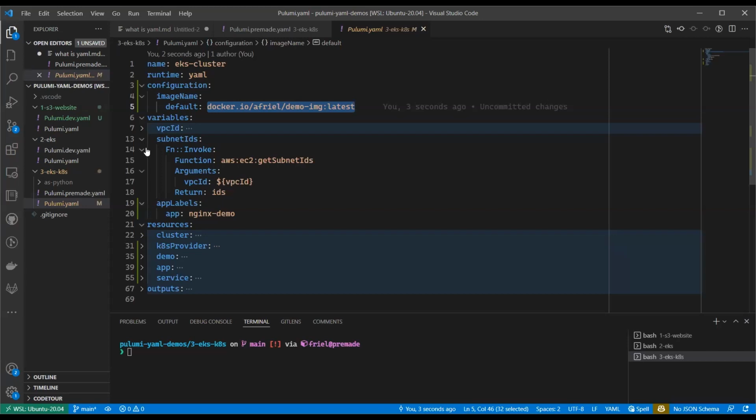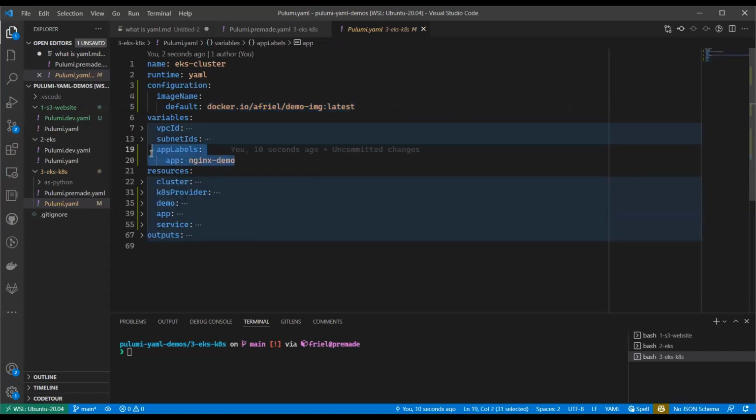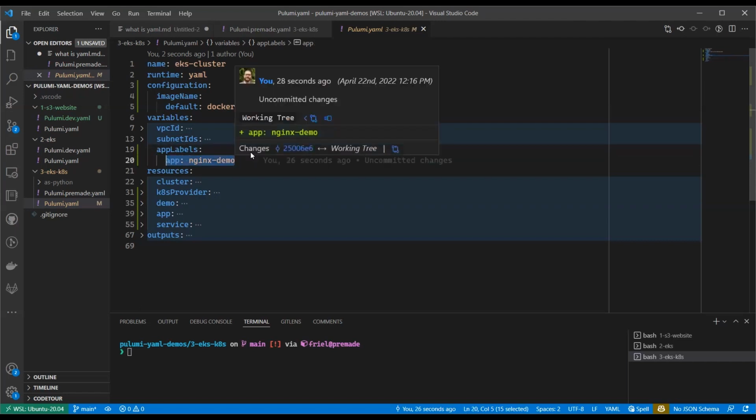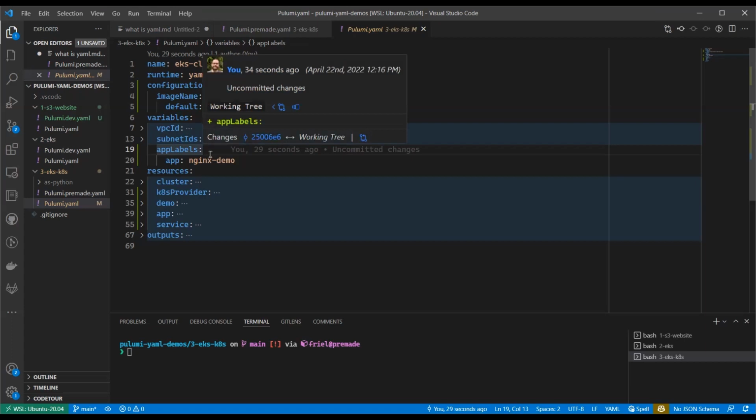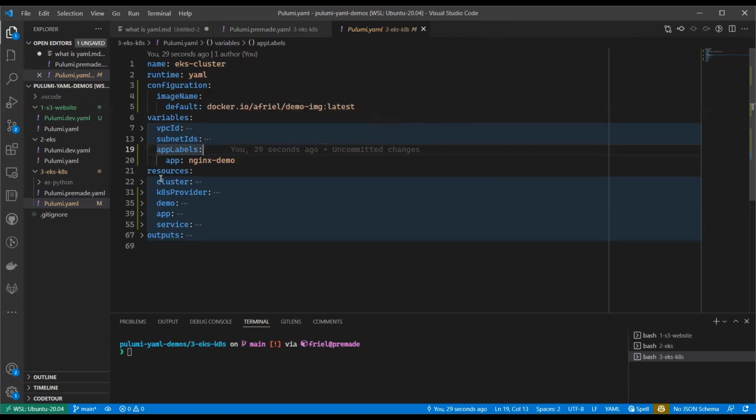And I'm going to go over some of the new parts of this document. So I've taken the existing EKS cluster that we just previously looked at, and I've highlighted using my editor some of the new changes here. So first, I've added a new variable, which is not a string or Boolean, but it's actually a map. It's a YAML or JSON-esque map, and it's defining a key app with a value of nginx demo.